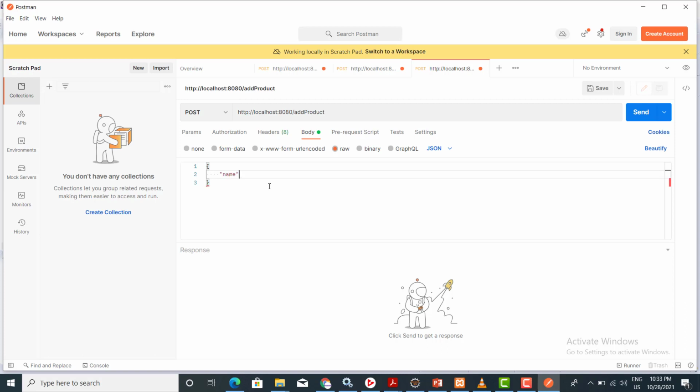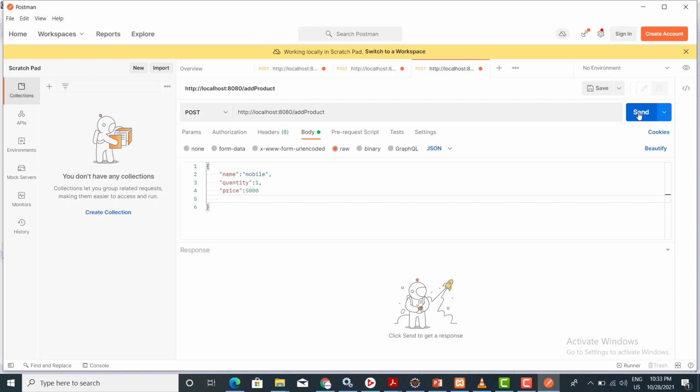So the column name is name, in the form of a string. Second column, quantity, I'm taking this as 1. Third column, that is price, I'm taking this as 5000.